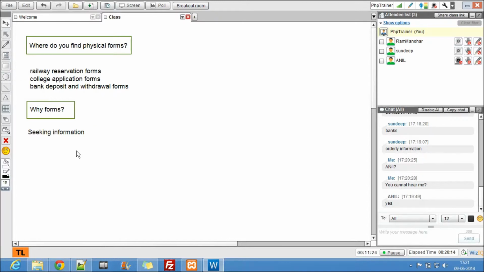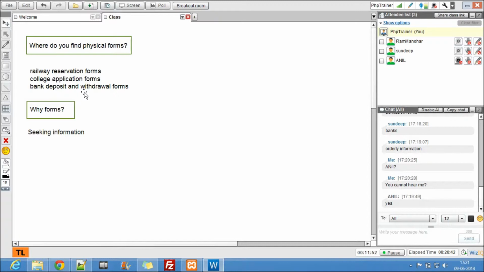I can take information, like for instance, let's say an address. You go randomly and ask people, hey, where is this particular restaurant? Where is this particular address? So it's also seeking information. But if you want to keep it for future reference, you should have it in a form. Just like Sandeep said, orderly information. You should keep it as archives. You have to store it, right? So that's the reason physical forms are used.